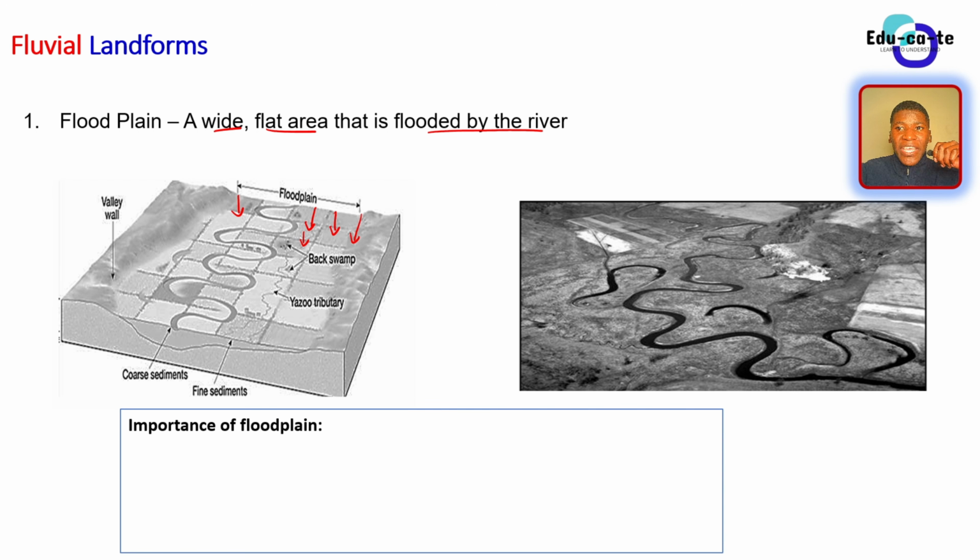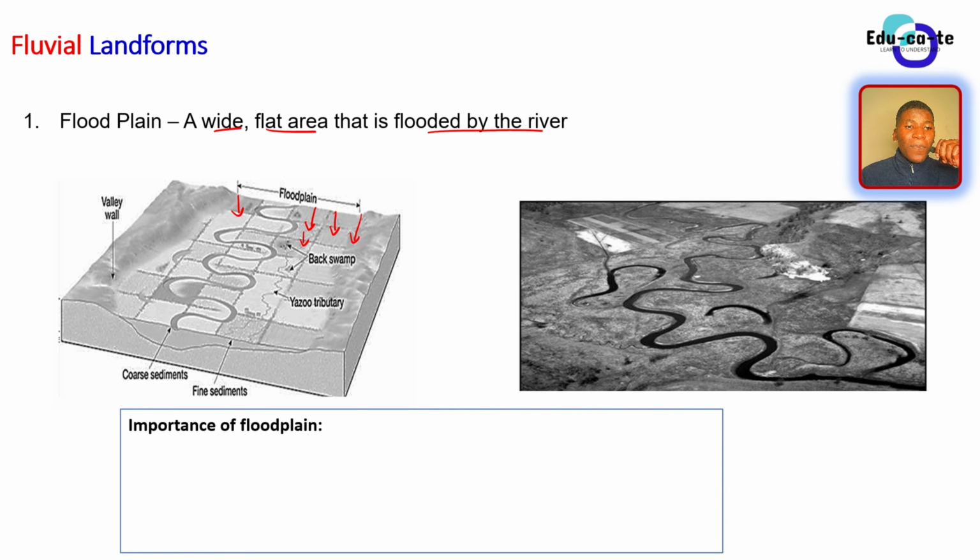So this whole big place is wide and flat, meaning that it doesn't have a steep gradient. That is known as a flat plain. The flat plain is found in the lower course, because remember that at the lower course of a river, we have got a gentle gradient. Of course, this cannot happen at the upper course, because the upper course is more like a mountainous area where there is a steeper gradient. So the flat plain is that area that we find at the lower course.